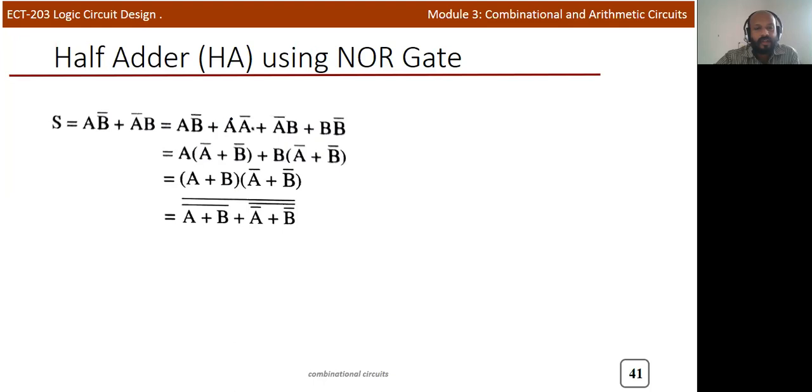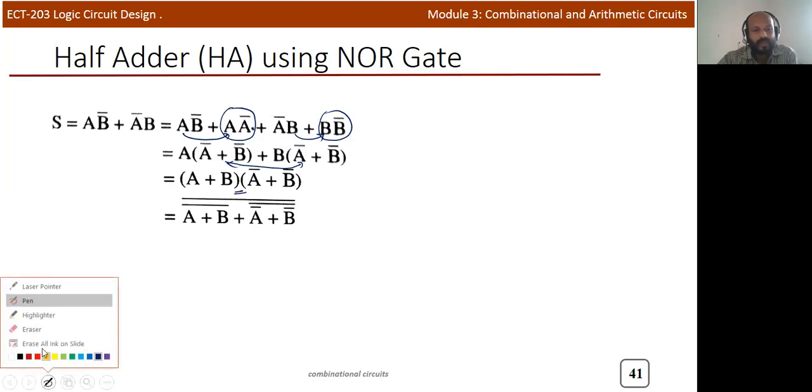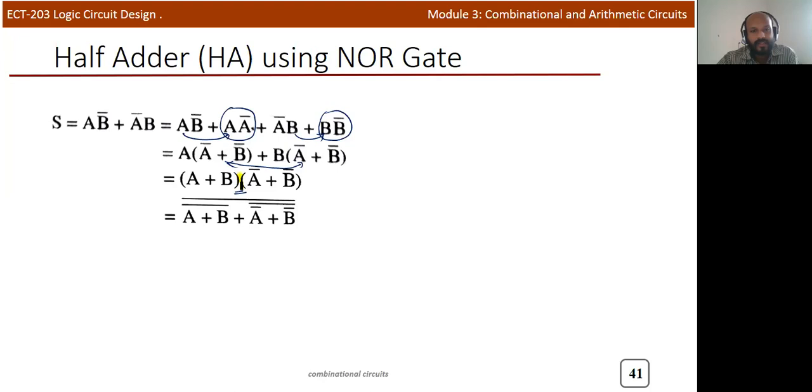Exactly the same procedure. We'll write A bar, an extra term, and B bar. Now we can group this. You can take A common here and B common here. So you'll get the term A bar plus B bar. Okay. Now you know that A bar B bar is common in both the cases, so you can take that common. So we'll get A plus B and A bar plus B bar. Okay. Now again you can apply the double negation rule, because there is an AND operation. We need to convert this AND operation into OR.